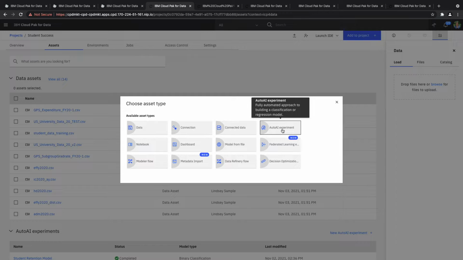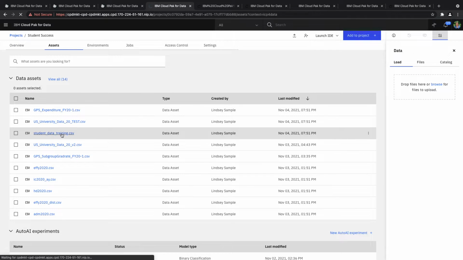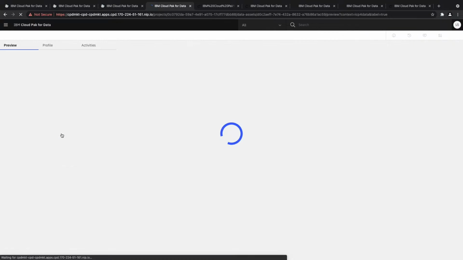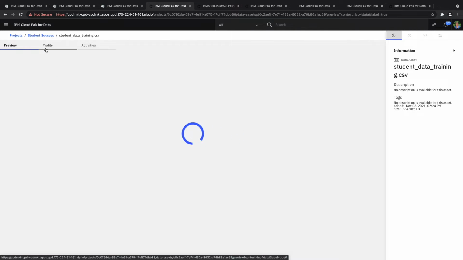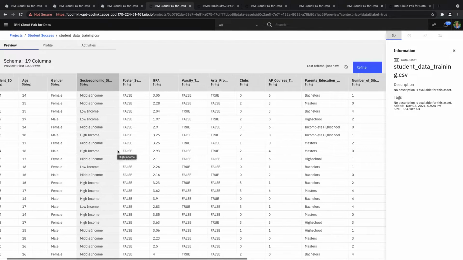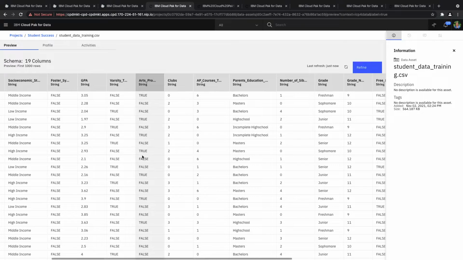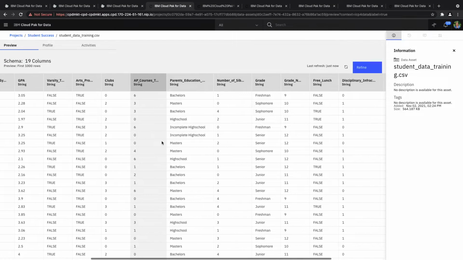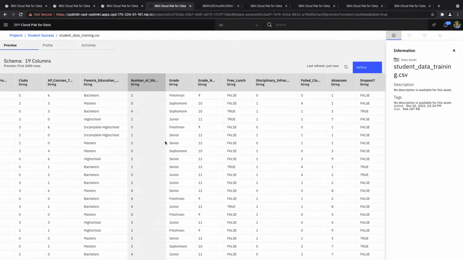This is a tool that can also be used by experienced data scientists to give them a starting point with some algorithms that might be of interest to them that they can then tweak and expand upon later. We're going to be working with the data set that I've created called student training data. This is going to tell us some information like the age of students, their socioeconomic status, their GPA, how many clubs they're in, how many AP courses they took before arriving at college, what year they are, just some things to show us the art of the possible about what we might learn about students and what might influence them